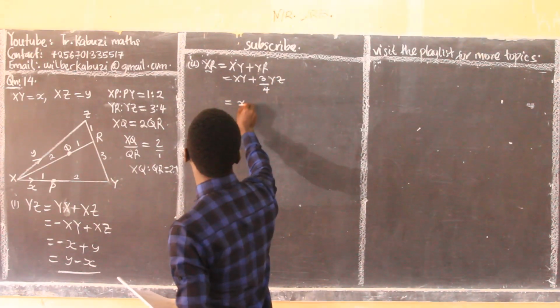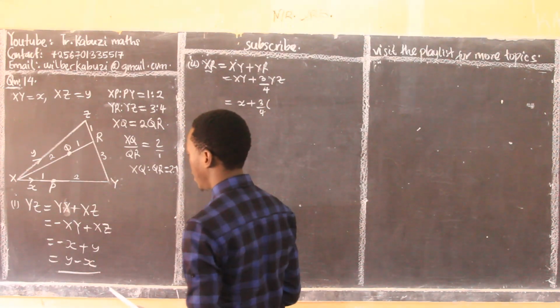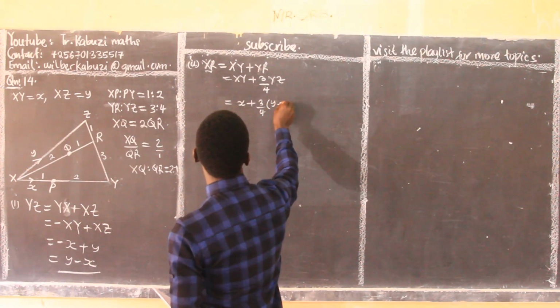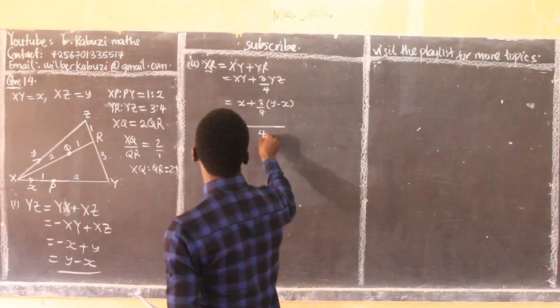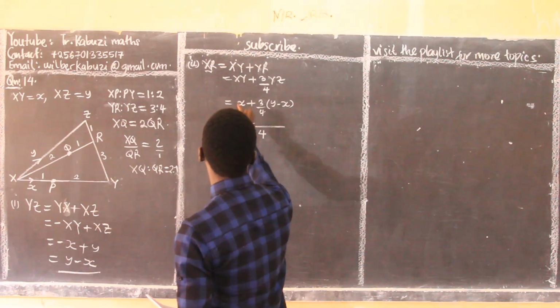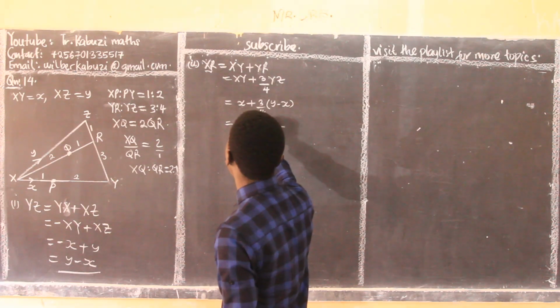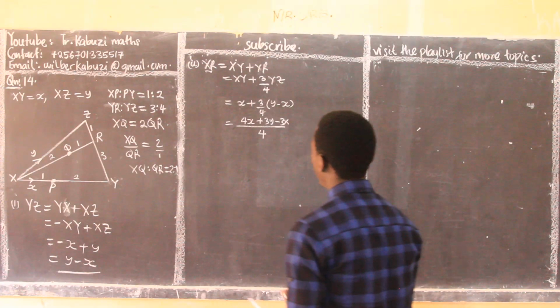This one is X plus 3 over 4 into my YZ, which is Y minus X. The LCM there is going to be 4. 1 goes here 4 times to get 4X, plus 3Y minus 3X,